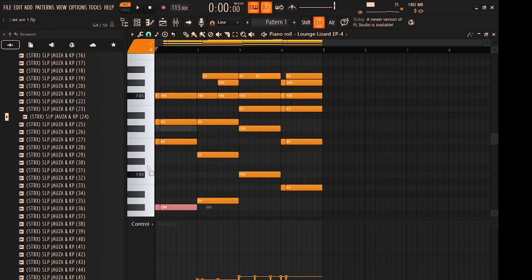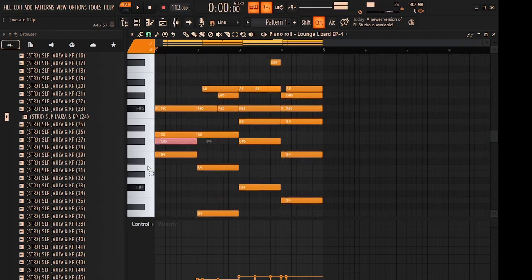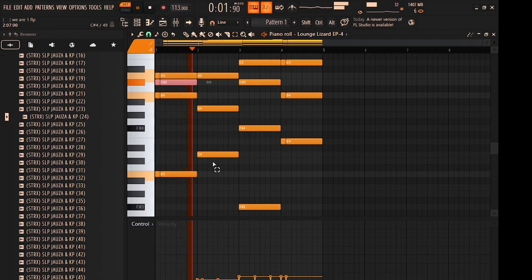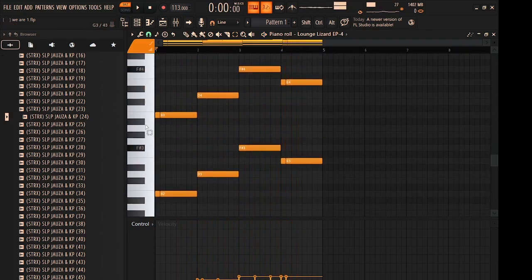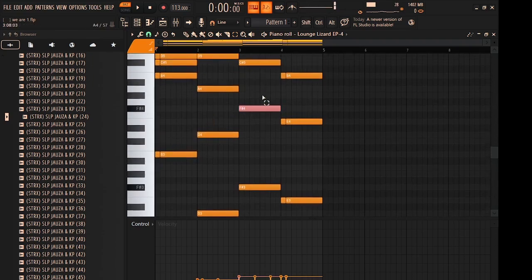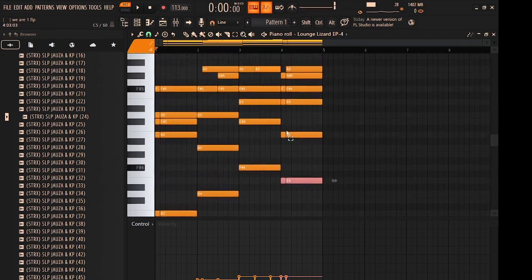If you can see, it's the 4. We start with the 4. No, we start with the 2. 2, 4, 6, 5, right?